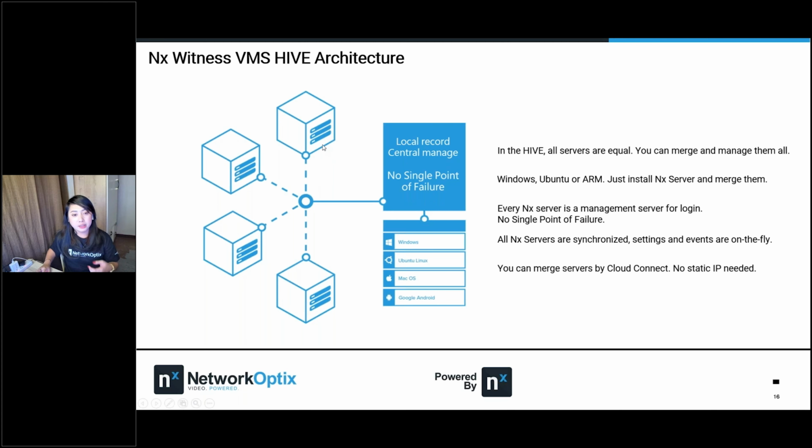This server could be Windows, this one could be Ubuntu or Mac OS, or any device like this one. I can still access our system because I am using an Android, and there will be no problem if you're using different devices or hardware with different operating systems, as long as you install the Nx Witness.